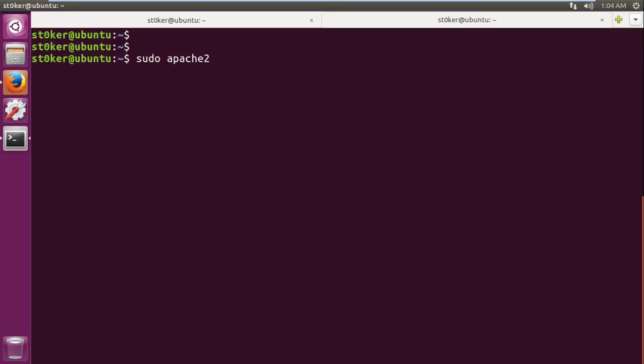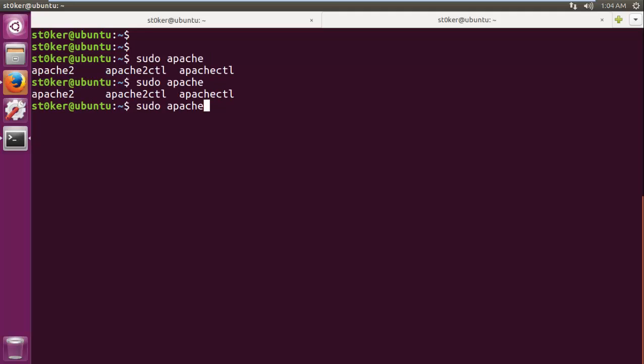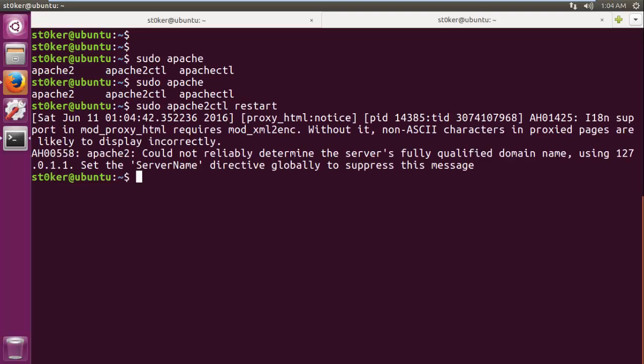2ctl restart. Oops. Could not reliably determine the server's fully qualified domain name. This is just a normal warning, so just go ahead and restart the Apache,